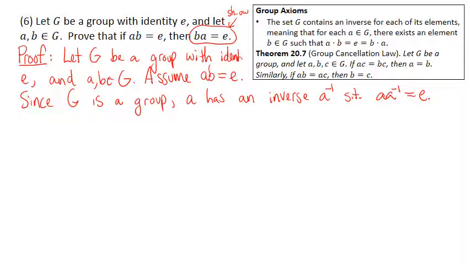And then based on the fact that both AB equals E and A A inverse equals E, that means that AB equals A